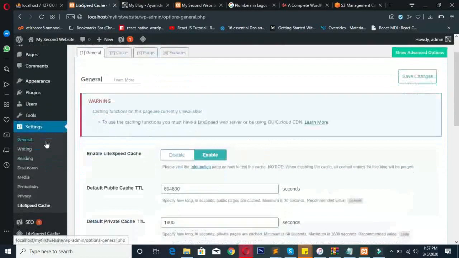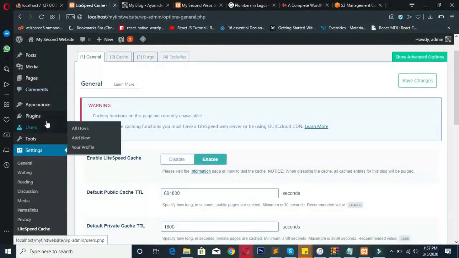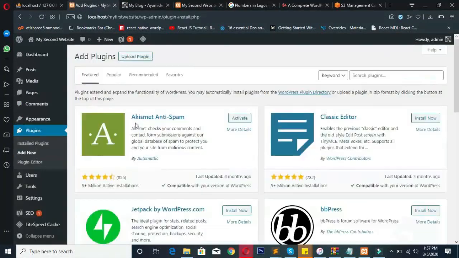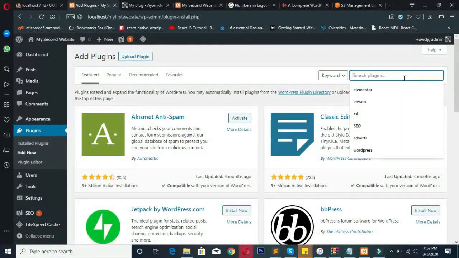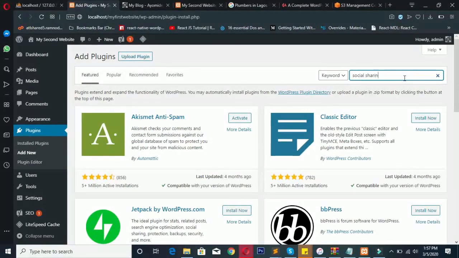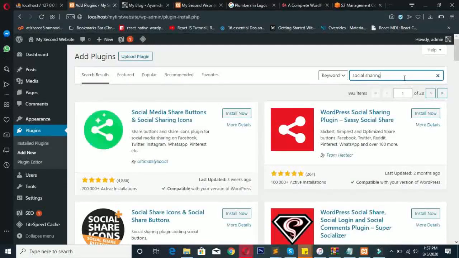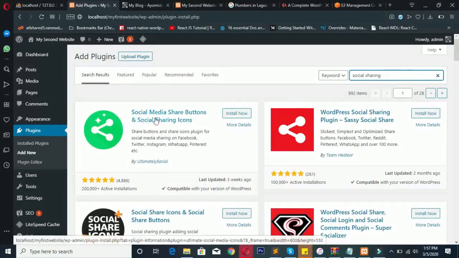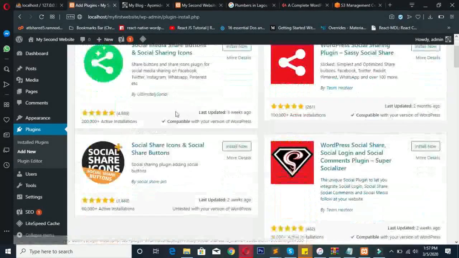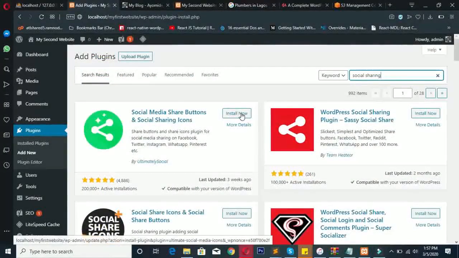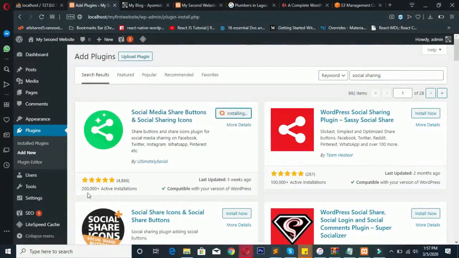A plugin can be used for social sharing. Let's go search. Just go to plugin, click on add new, then let's search for social sharing. Now you can see so many social media share buttons and sharing icons, WordPress social sharing plugins, so many that you won't even know which one to choose, but you can just pick the first one. Just to be safe, pick the first one, since it has more installations and more reviews,